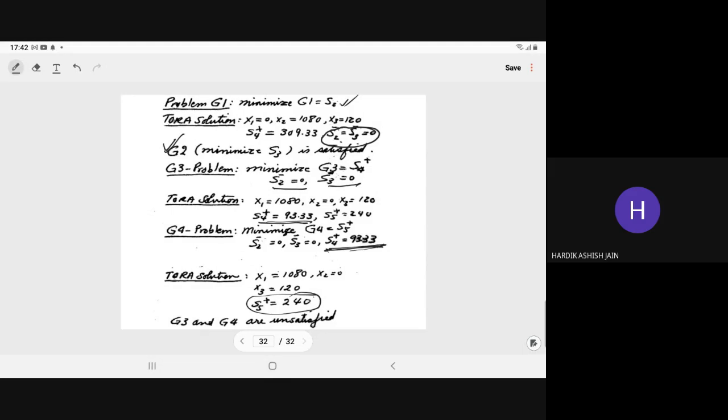And for the underachieved deviation, you put the value. So when you put it, for example, we have x1 plus x2 plus x3 plus s1 minus less than or equal to 1200. Now s1 minus is 200. So it will become x1 plus x2 plus x3 less than or equal to 1000. Right? That constant value you put in there.